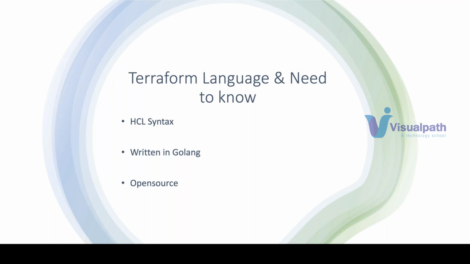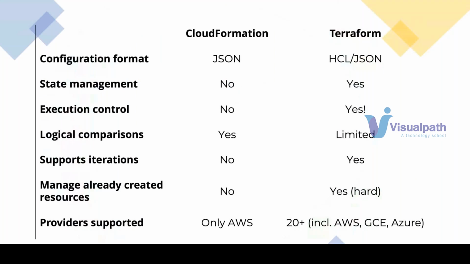And it's mainly the cost, right? The open source cost is the primary thing for every company, and this comes with an open source license. You can use it. Now, this is a primary difference between CloudFormation and Terraform. You can ask me, hey, we are going to use it for AWS, so can we go for CloudFormation?